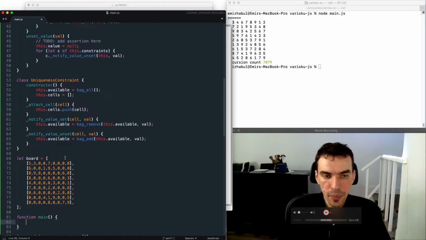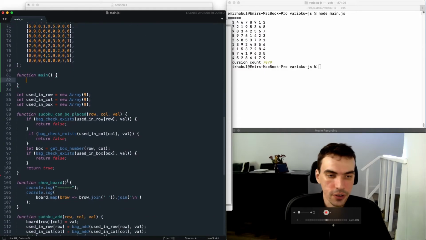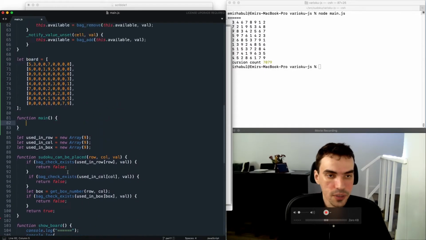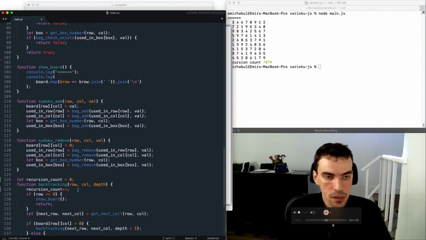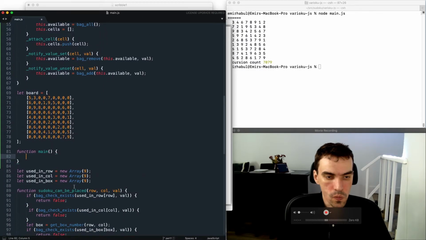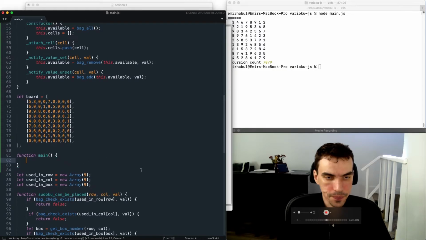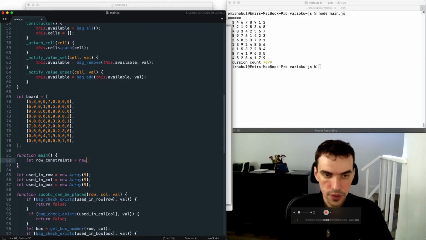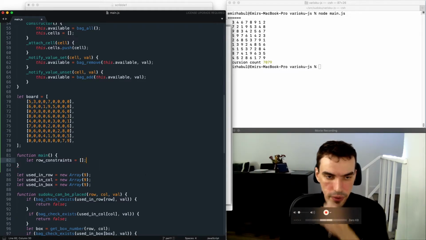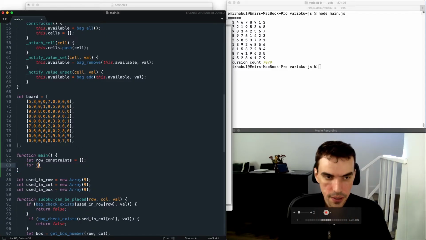When things become complicated, then I'm going to refactor, as I'm doing now. So I need to make, let's say, row constraints. To keep it simple, just focus on new constraints. It's going to be an array, and I can say var